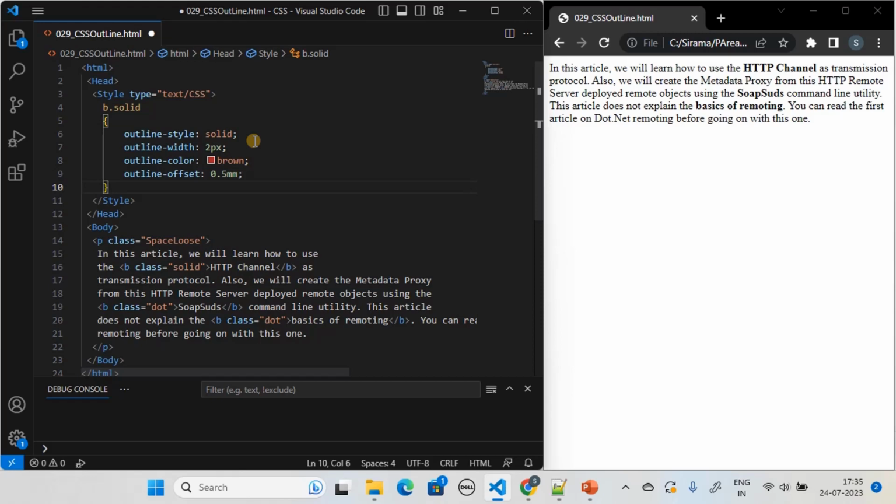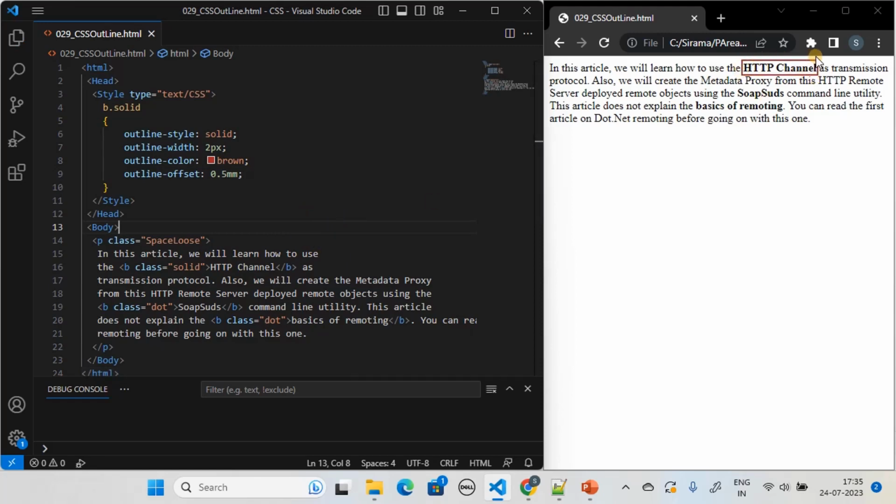Outline style solid, width 2 pixel, outline color is brown, and outline offset is 0.5 mm. Alright, and we are applying this outline to all b tags that contain the class solid. Now let's save the content,